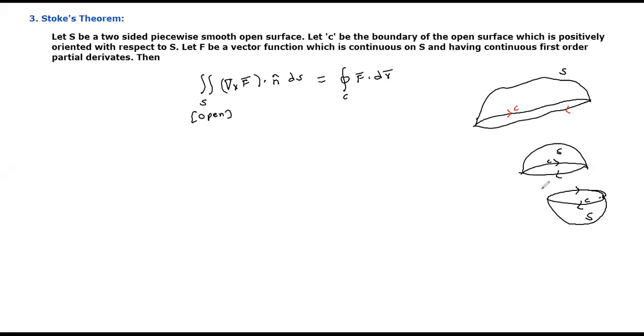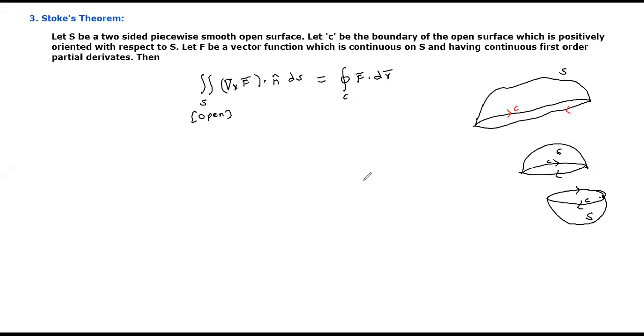So giving orientation must be done very carefully, depending upon whether it is an open surface or closed surface. When you view this boundary on the xy plane, it looks anti-clockwise for an upper hemisphere, and clockwise for a lower hemisphere, which is actually a positive orientation because your surface is on the lower part.